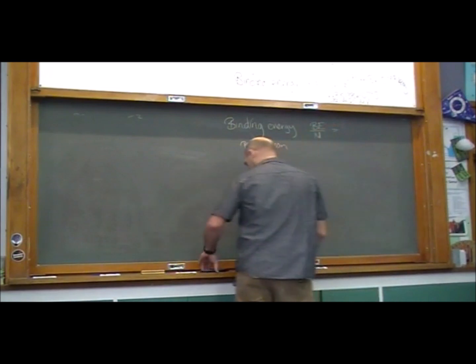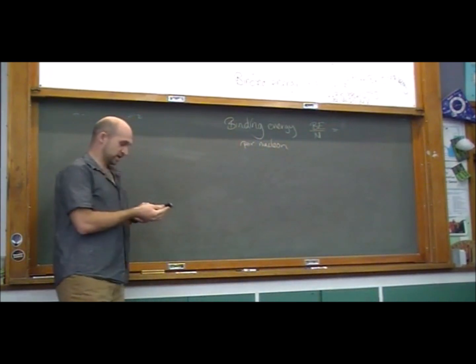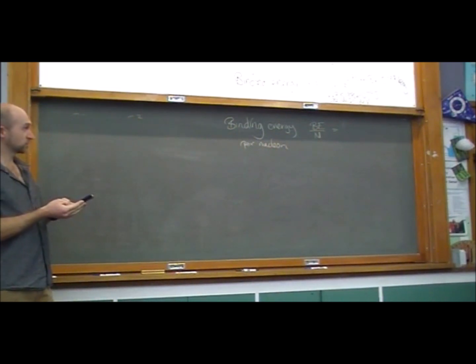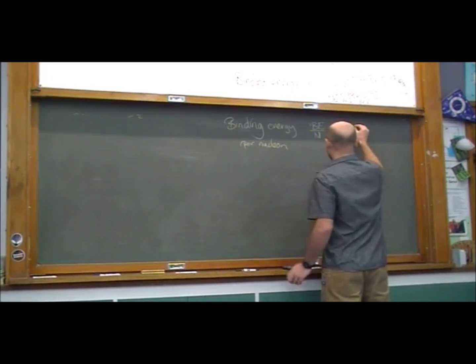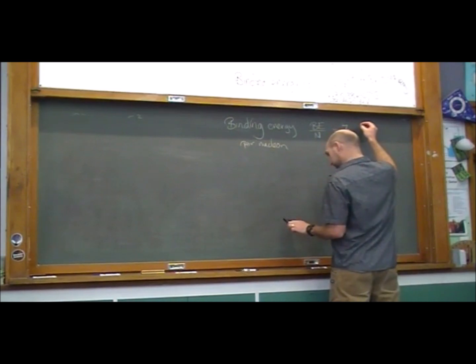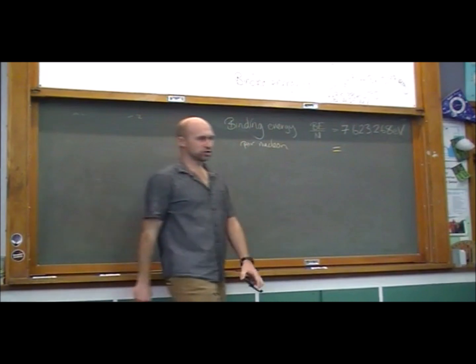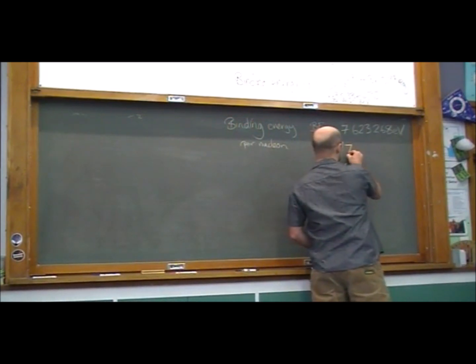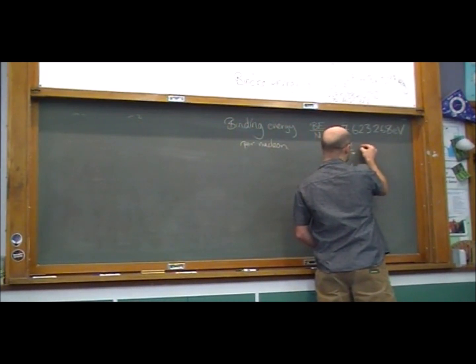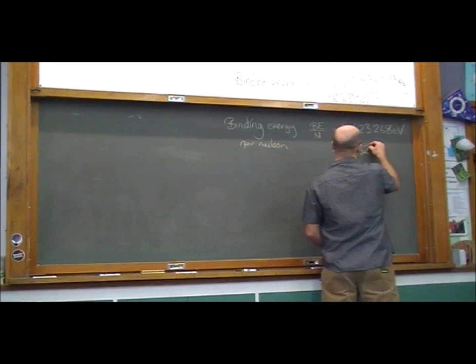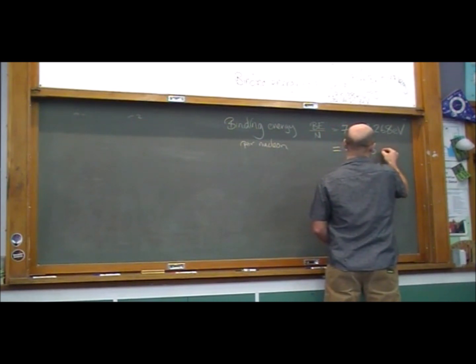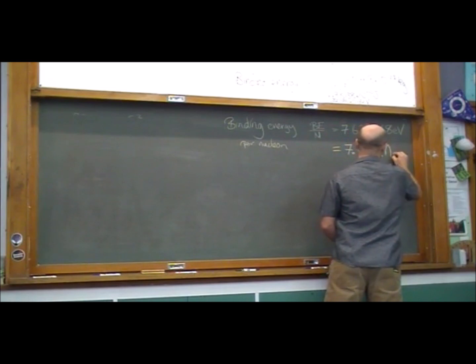Well, we can just divide that number by the number of nucleons, which was 239, and we get 7 million, which is a good time to introduce a new unit. We're going to say 7, let's round it, 623 mega